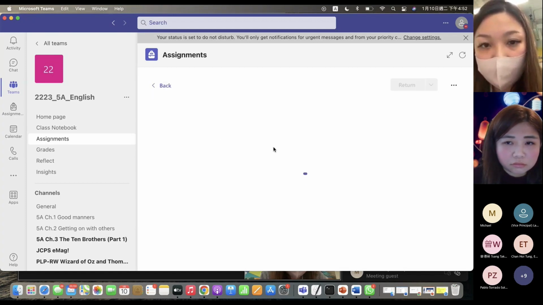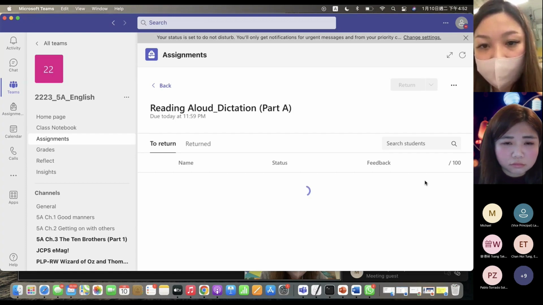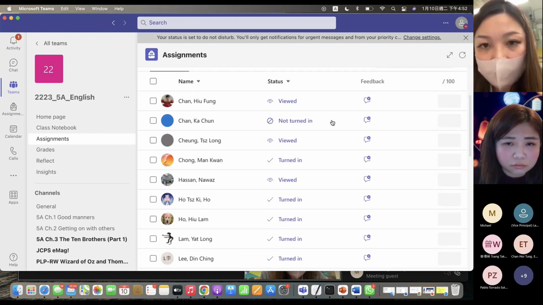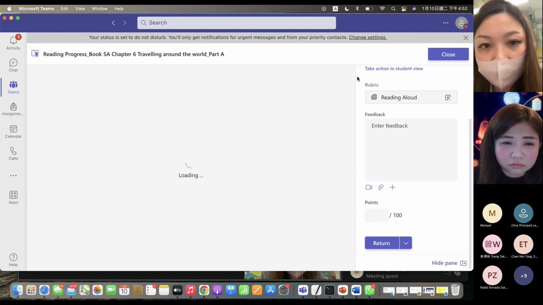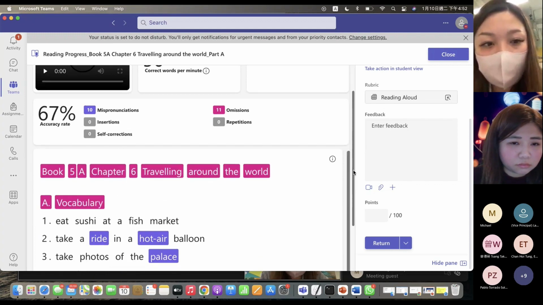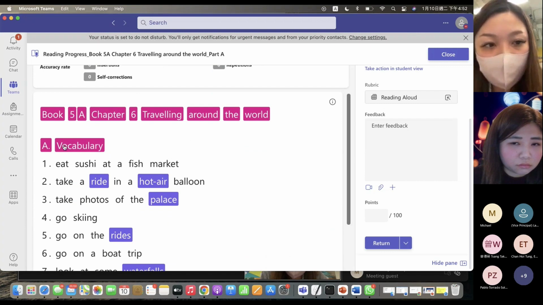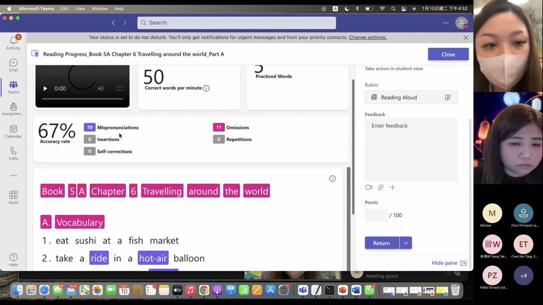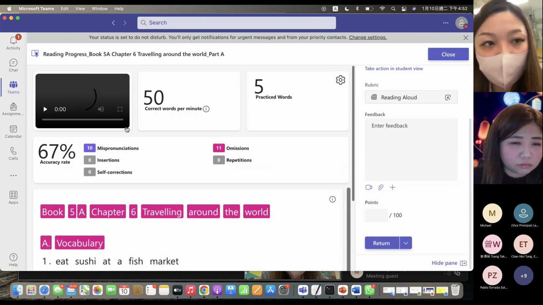So if you are assigned to the students, it would be like this. Okay. So the students would be able to look at here. Okay, and then once they receive the assignment, they do the recording, and the teacher can easily identify some words that they mispronounced. Okay, for example, you can listen to the,